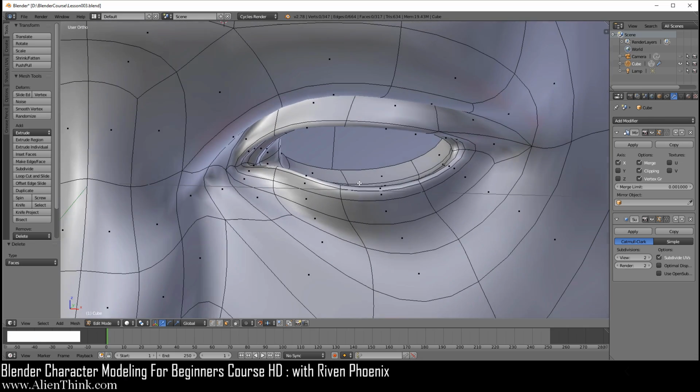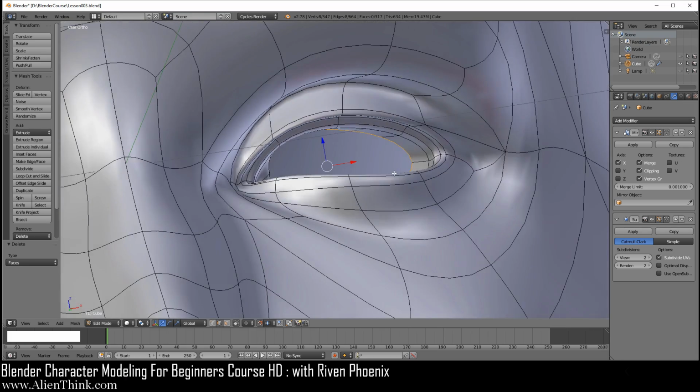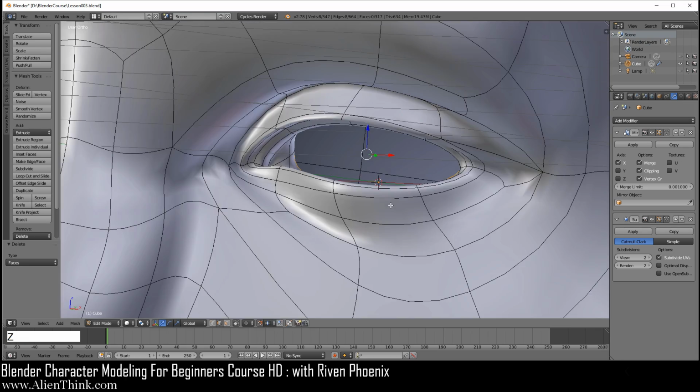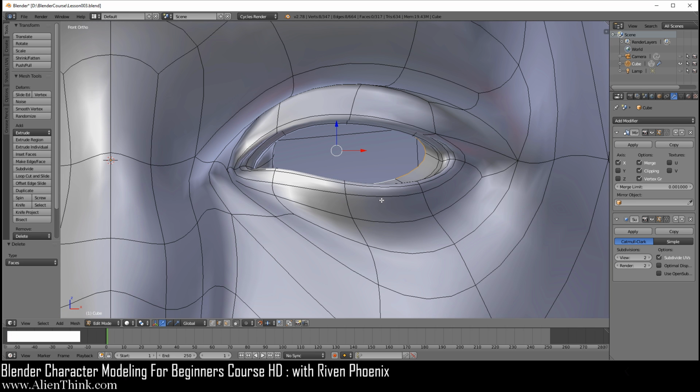So we'll just get rid of those guys. If you click on the edge over here, if you do Alt and click on this, it'll just simply select this. If you do Z, you can see what I'm selecting. And front view. Now, what we need to do is actually move this to the right.